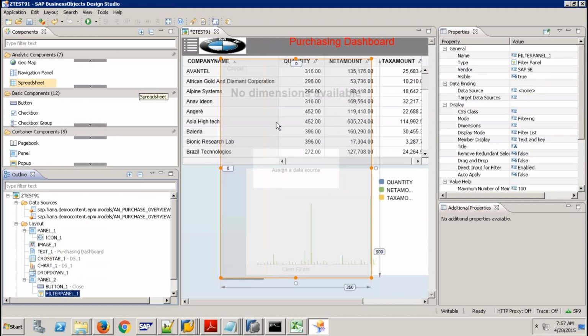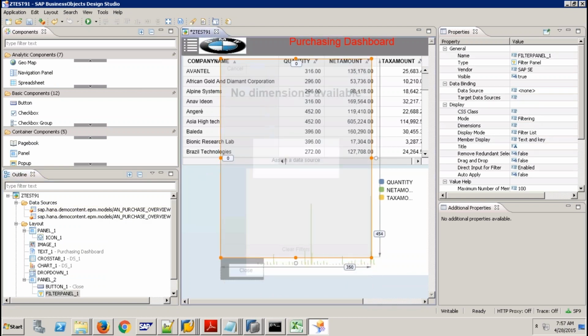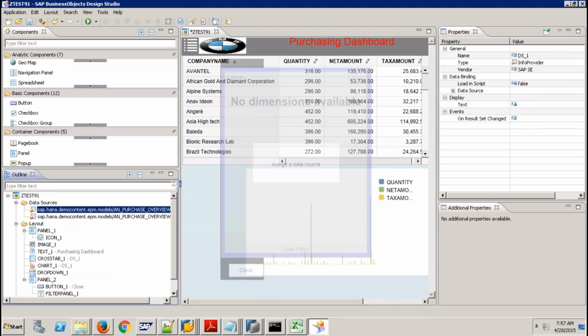Filter panel with that, and assign, we should see close button, and let me assign this data source 1 onto that,